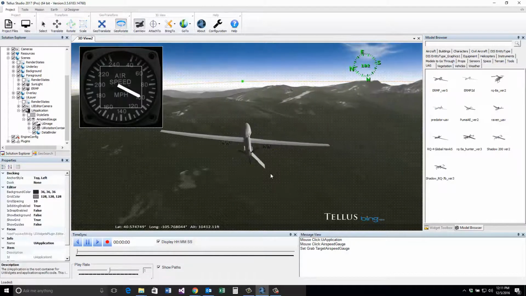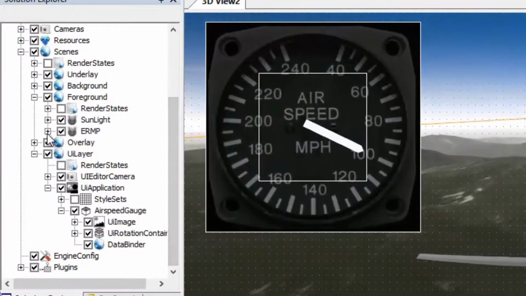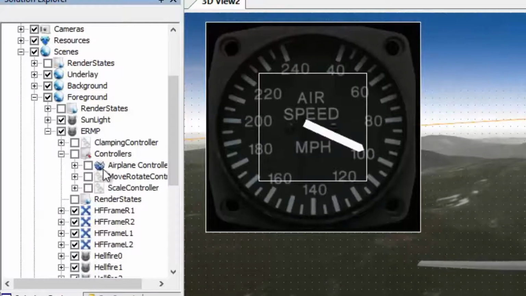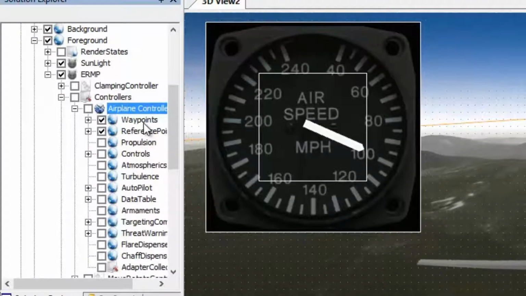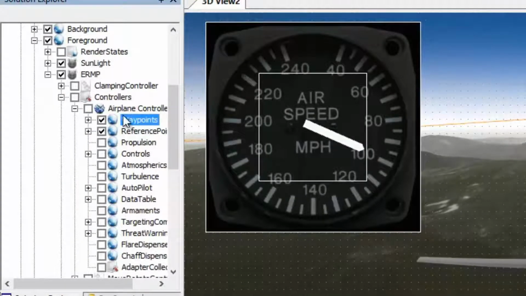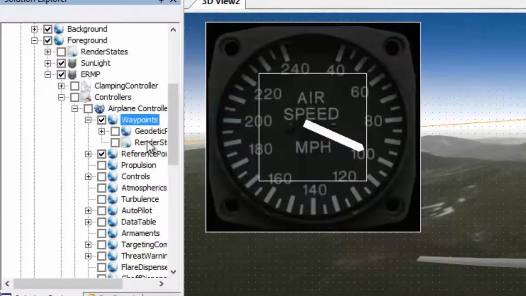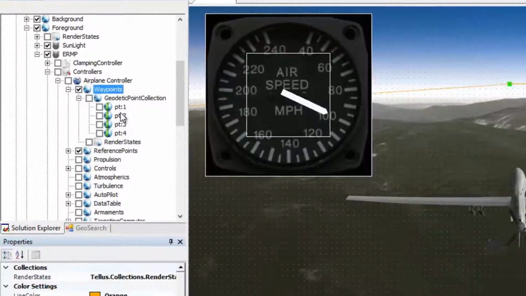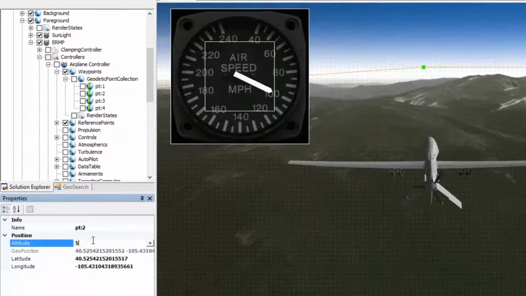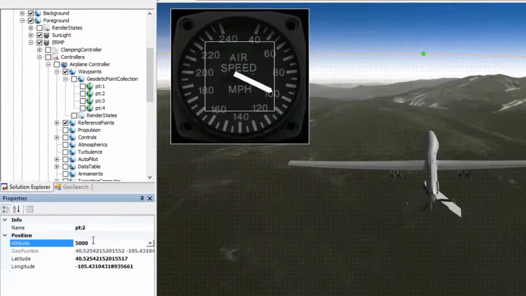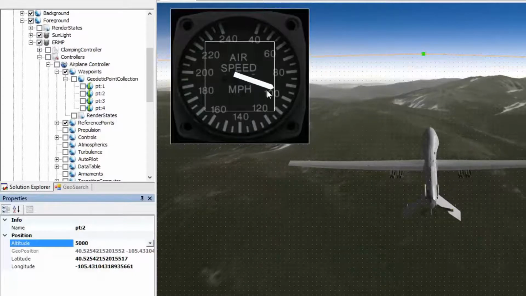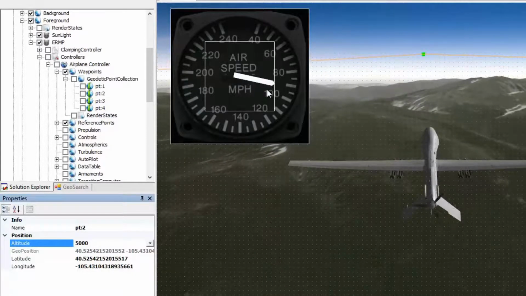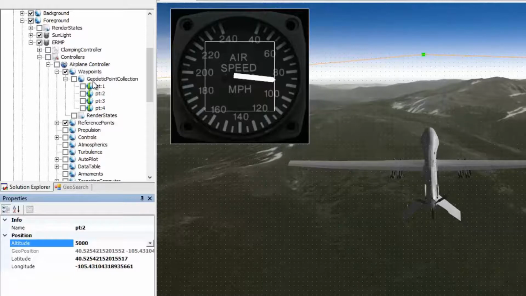We can test this out by modifying the flight path that the UAS is executing. In the Solution Explorer hierarchy, under your UAS entity, expand Controllers, Airplane Controller, Waypoints, then Geodetic Point Collection. This shows us all the waypoints that our airplane controller is executing. Select the point that the aircraft is heading towards, then modify the altitude in the Object Inspector. You will see the airspeed adjust in the gauge as the UAS climbs to match the new altitude of the